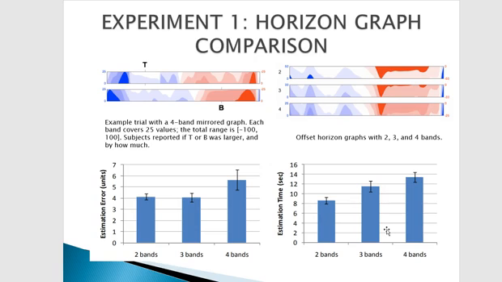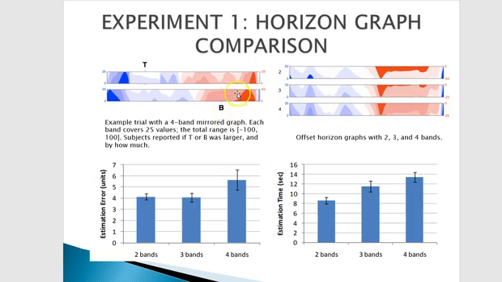They asked the subjects to answer quickly and estimate accurately with five values, 500 pixels wide and 40 pixels tall, and y-axis ranges from minus 100 to 100, two charts and three bands, a full cross of 96 trials per subject to absorb the effect due to the layering. This is the experiment they have conducted, where they took the T and B with four band mirror graphs.